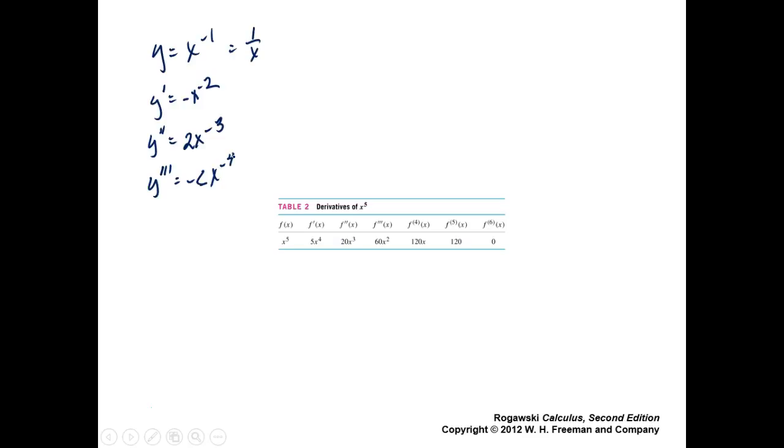Okay? Now, if you recall, anything past 3, we don't just keep putting primes there. They get really messy, hard to read. Usually people don't go past triple primes. So what we do now is y to the 4th. When you put the number in parentheses as a superscript, and it's a function underneath it, that means it's the 4th derivative of y, and this would be 24 x to the minus 5th. Okay? Now,